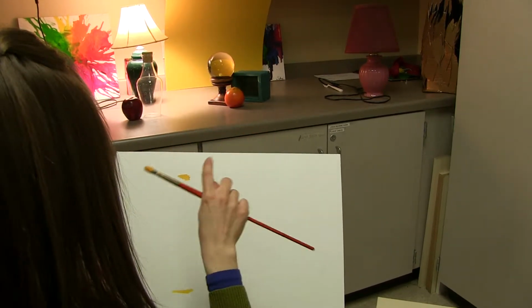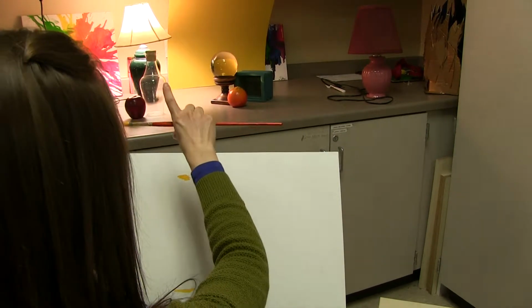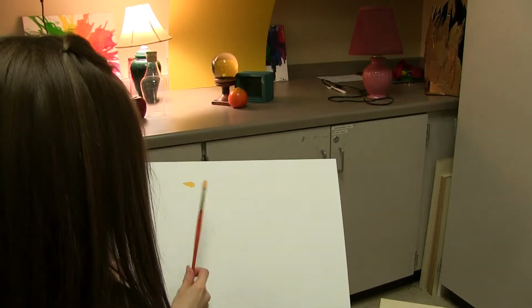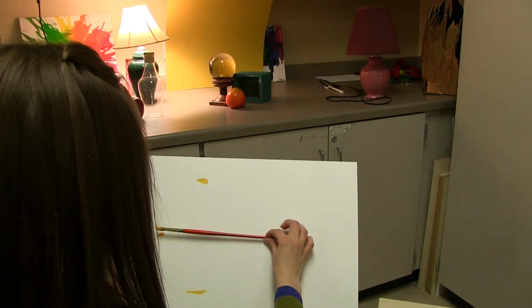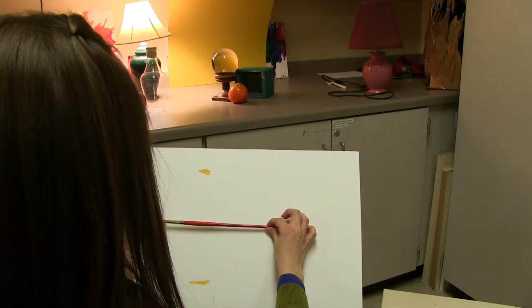I don't know how it looks from where you guys are, but from my perspective, it is almost as tall as it is wide. So that tells me I need to take this height measurement now and go this way, and I need to make it a little bit